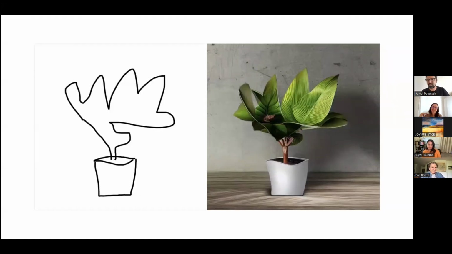Last example, AI and machine learning. There is this tool called Scribble Diffusion that allows you to sketch something and prompt the system with a piece of text. So for instance, in this case, you draw a plant, or roughly a sketch of a plant, and the prompt is a plant. So you get a plant.